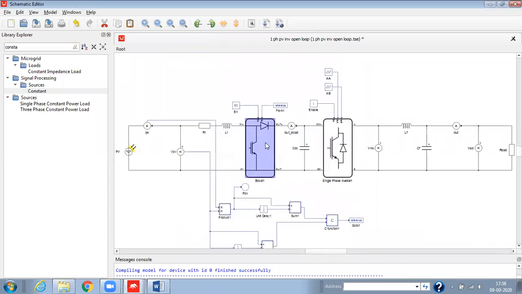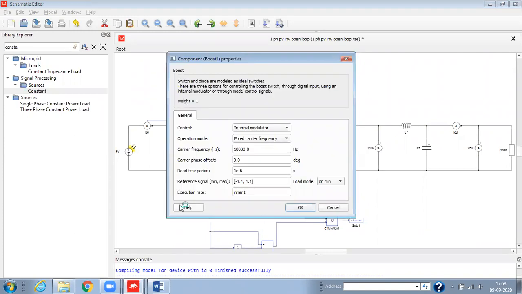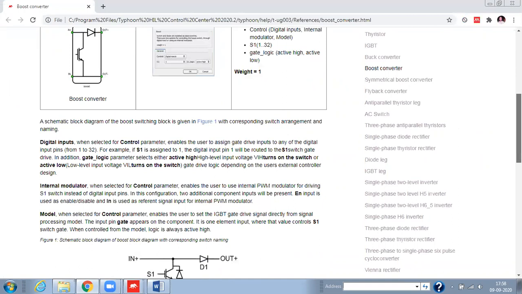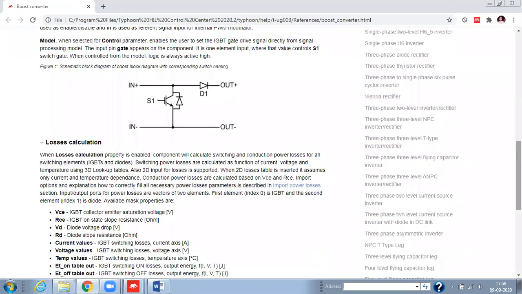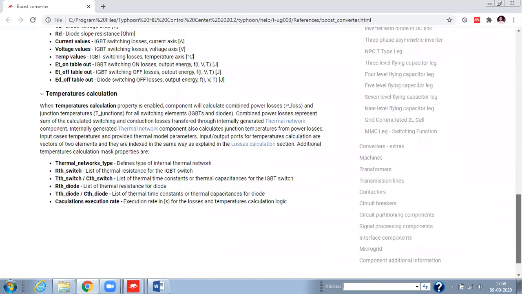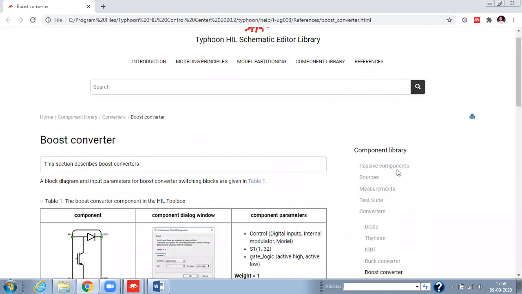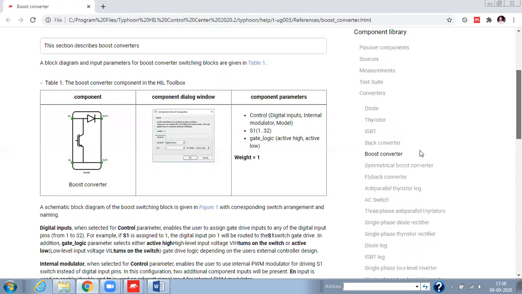If you click on this help, you'll get the detailed idea. You can see here we have the component libraries. Whatever component library you select, you'll get the details regarding that component library.